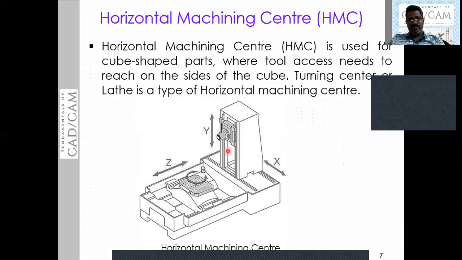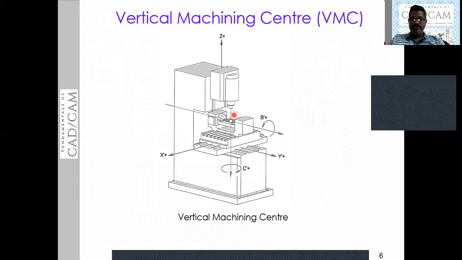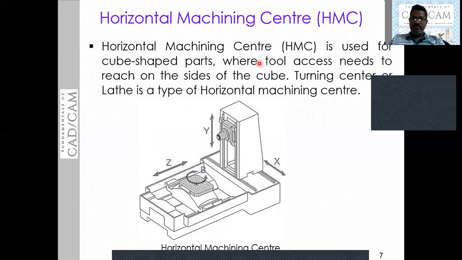In the case of the previous vertical milling center, the tool is not going to reach the vertical planes of a rectangular block. For example, consider one rectangular block. In this case, the tool is not at all going to reach the vertical planes of a block. Whereas with this horizontal machining center, the tool can reach the vertical planes of the block, and you can perform some work on the vertical planes also. So this is the flexibility of the horizontal machining center. In brief, you can call it HMC.